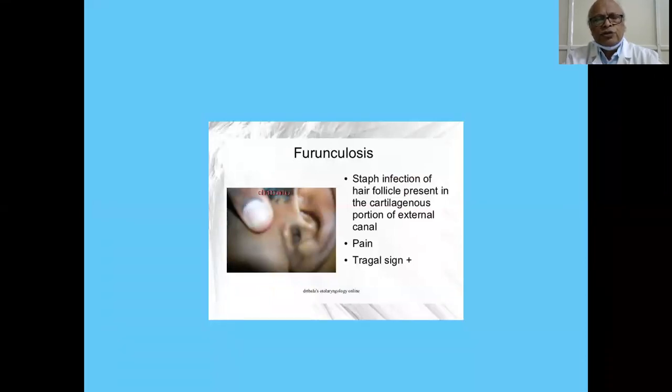Out of the furuncle in the nose and furuncle in the ear, furuncle in the nose is very dangerous simply because the infection can directly spread to the cavernous sinus and produce fatality, especially if you apply pressure and manipulate and squeeze everything. There are no valves in the veins that connect the veins of the nose and the cavernous sinus. So infection readily enters the cavernous sinus. Thanks to modern antibiotics, we rarely see cases of cavernous sinus thrombosis secondary to furunculosis of the nose.